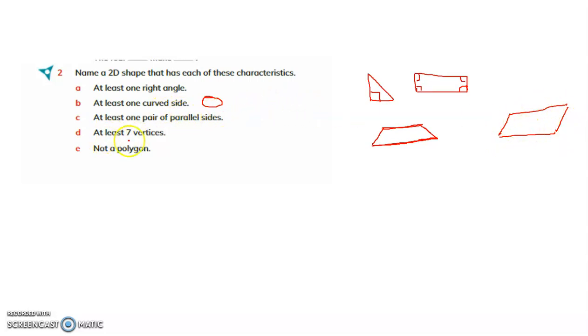So, at least 7 vertices. What do we call a figure with 7 sides? If it has 7 sides, it will have 7 vertices as well. A 7-sided figure is called a heptagon. Heptagon and other shapes with more sides will have at least 7 vertices. Heptagon, octagon,